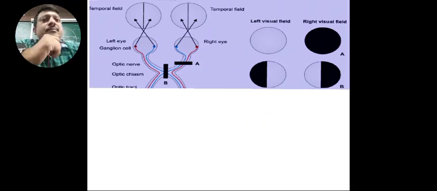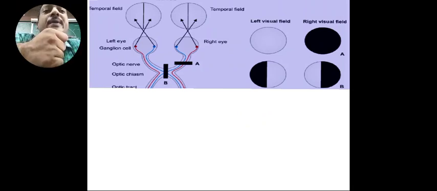Now, second, I have told you about the last picture: a pituitary tumor compressing the optic chiasma. That means the pituitary tumor is compressing both crossing nasal fibers, shown in blue, which are responsible for the temporal side of the vision. So here is bitemporal hemianopia. Bitemporal, it is a heteronymous defect, bitemporal hemianopia.